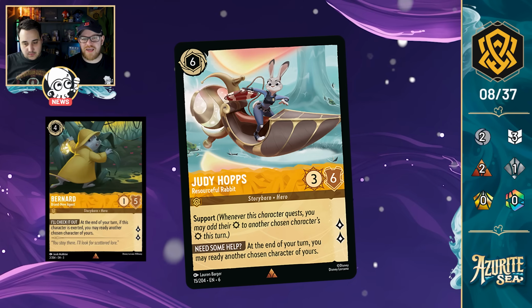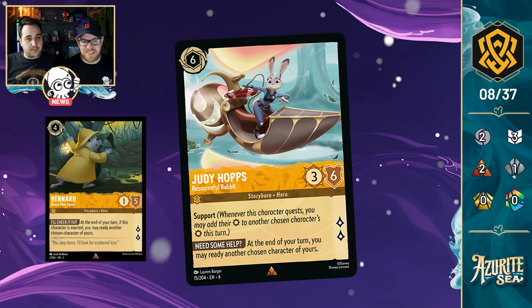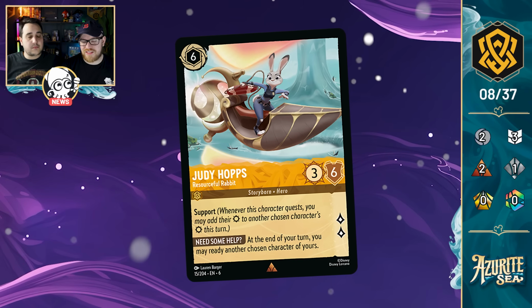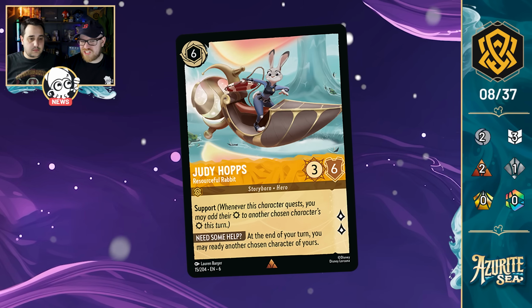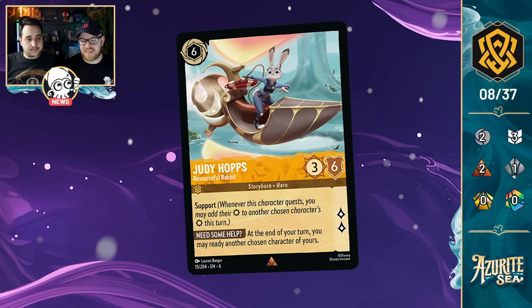Bernard's would only trigger if he was exerted, so you had to always wait a turn to get the benefit of his ability. Yeah. Judy Hops is going to be giving you that at the end of your current turn, so you can play her and then ready one of your characters that's just quested. It kind of feels like an ability that would be nice in an aggro deck to protect your characters, but because she's a 6-cost, most aggro decks probably aren't going to get up there to the 6 ink zone